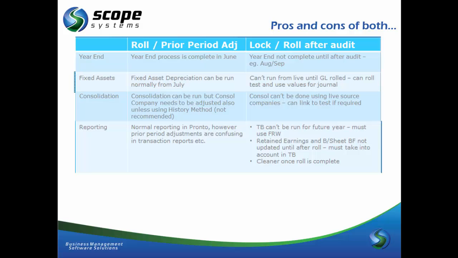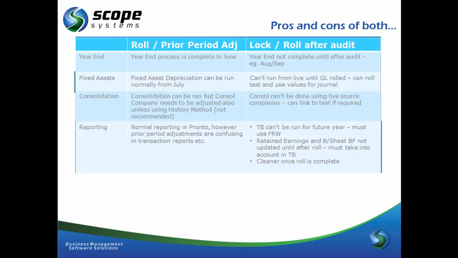Now if we focus on the lock method. The downside is the year is not complete until after audit adjustments, which is normally August or mid-September. In 670, you can't run the depreciation schedule until the general ledger is rolled. However, to get around this, you can